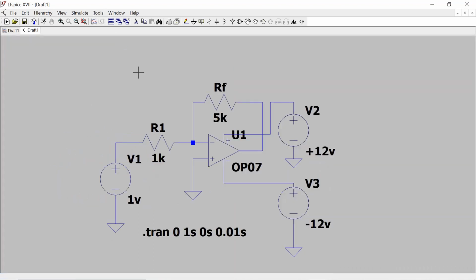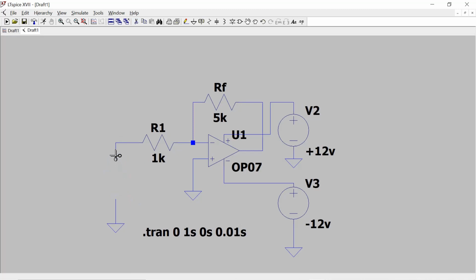Now we'll go for a non-inverting amplifier. Here I am going to make some changes in this inverting amplifier circuit itself and show you how a non-inverting amplifier will work. A non-inverting amplifier won't invert, it will just amplify the input voltage. So here this one is a non-inverting amplifier. Here we need to give our input voltage and then the inverting terminal has to be grounded. So just take the scissor, I am just cutting it.